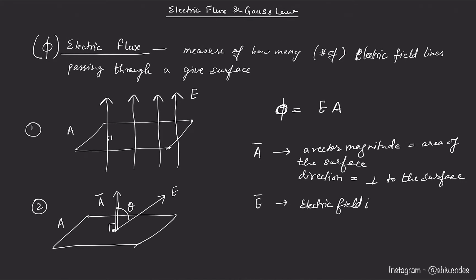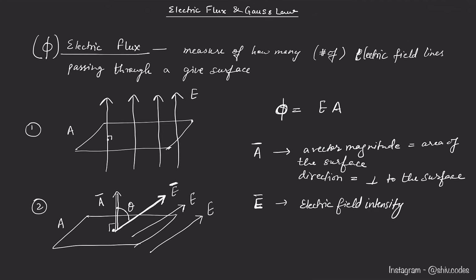So basically electric field intensity vector, and electric field intensity is defined as the force experienced by 1 coulomb charge placed at a particular point. So a uniform electric field intensity means at every point in space the force experienced by 1 coulomb charge is the same. So we denote a uniform electric field by electric field lines which are parallel and equidistant. Let's denote the electric field intensity vector by E dash.